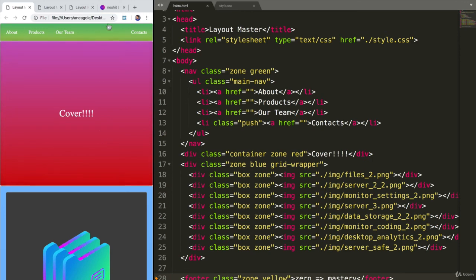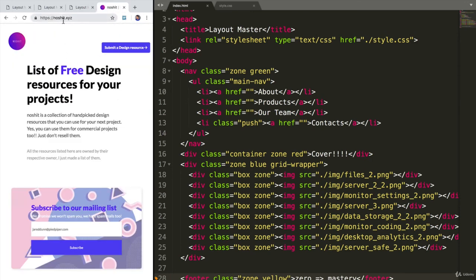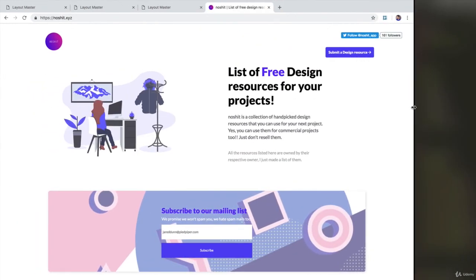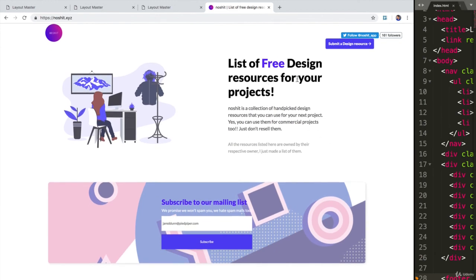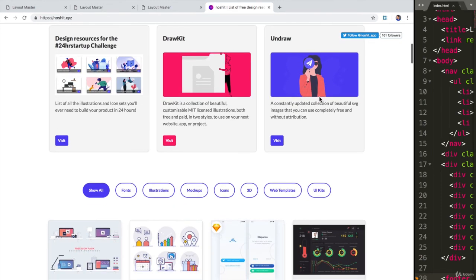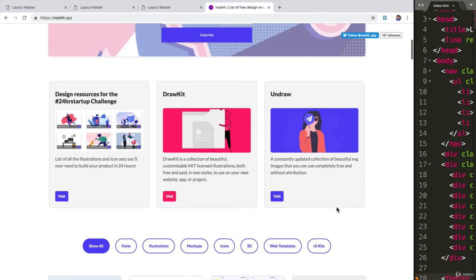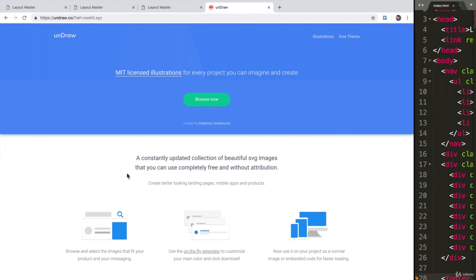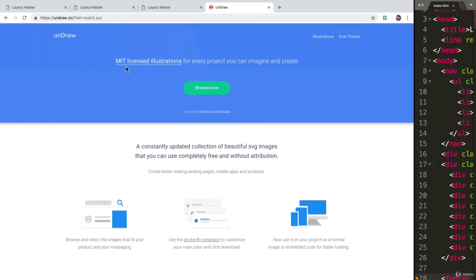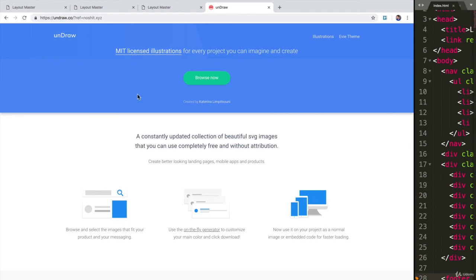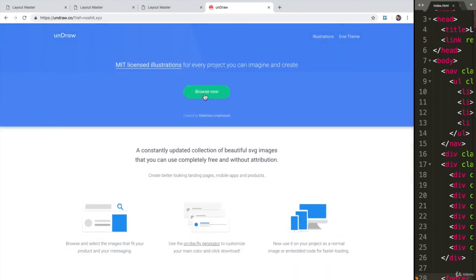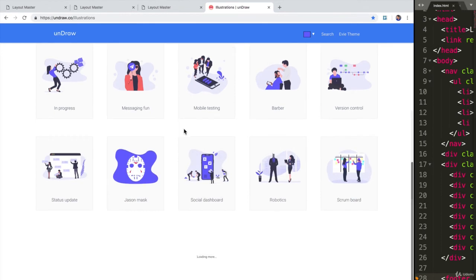So in our case, I want to show you a website called, well, noshit.xyz. And it's going to really help you out because, well, it gives you free design resources to use. And they have fonts, illustrations, mockups, UI kits, everything for free that you can use on your website. In our case, we can use something like OnDraw over here that gives us a ton of MIT licensed illustrations. So if I go to Browse Now, we see that we have a ton of images that we